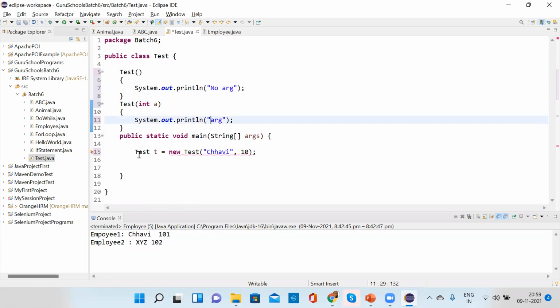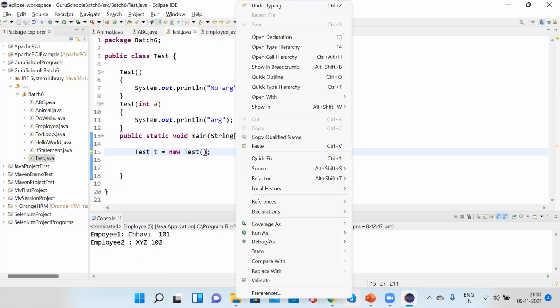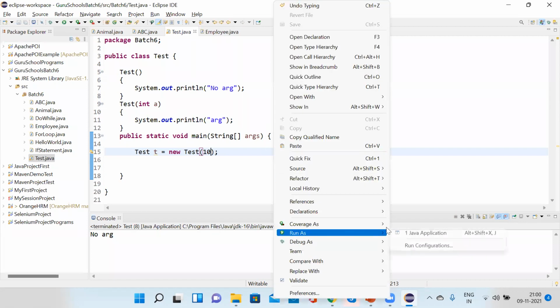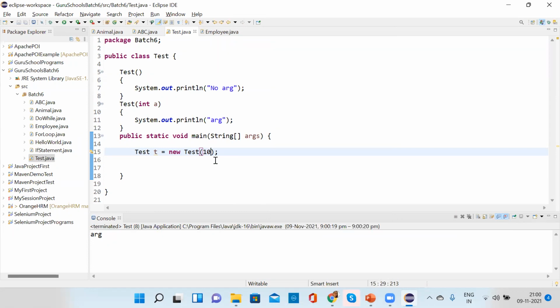Now I'm calling these. There are two constructors. If I wanted to call the no argument constructor, I will call it like this, and it will print no argument. If I wanted to call the second constructor, I will write it with a 10 argument.